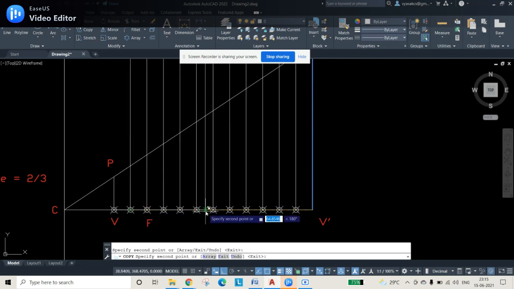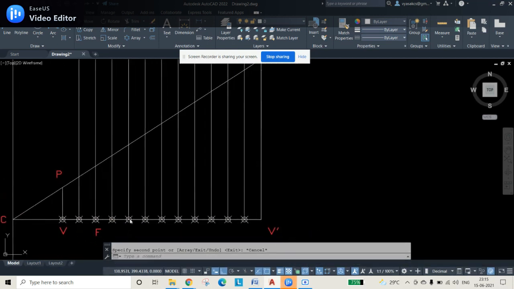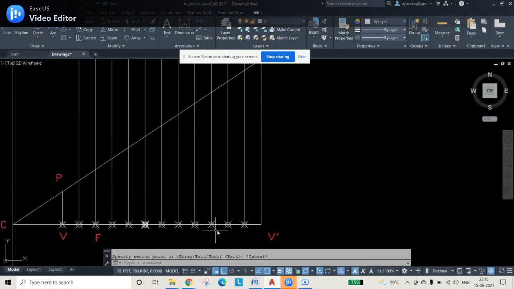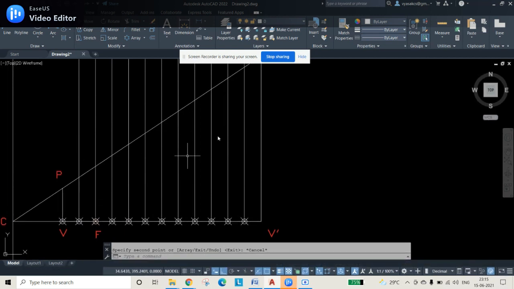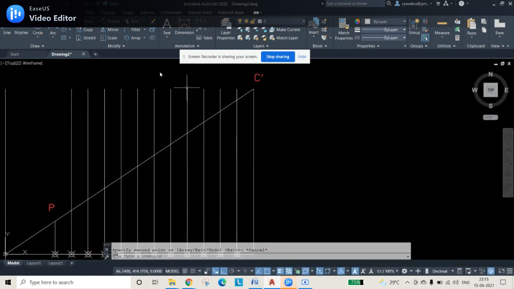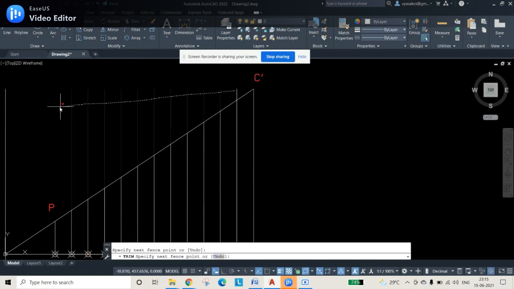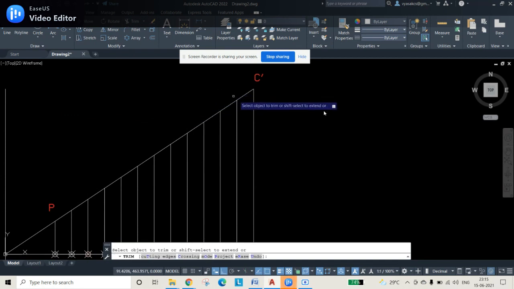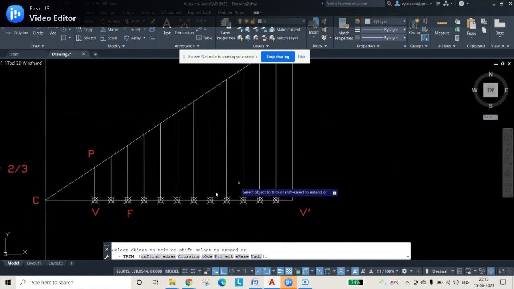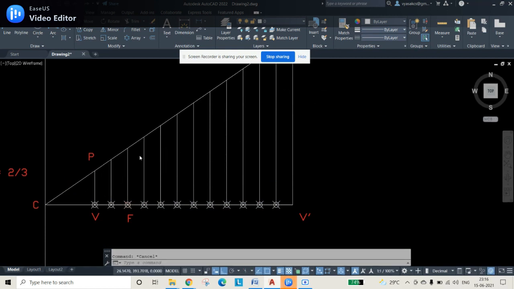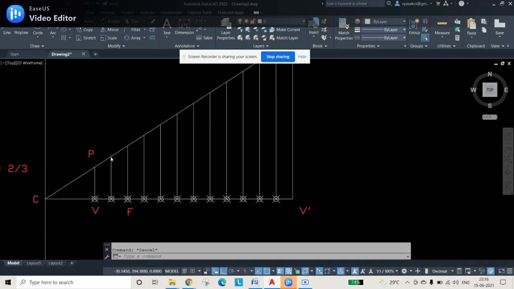We can give these points names also. They are something like 1, 2, 3, 4, 5, 6, 7, 8, 9, 10, 11, 12, 13, 14. And the upper parts, whatever the points on this CC dash line are, they will be called 1 dash, 2 dash, 3 dash, 4 dash. Now I don't want all these lines, so I am removing them. So the obtained points are named as 1, 2, 3, 4, 5, 6, 7, 8, 9, 10. And on this CP line, the extended CPC dash line, whatever points are obtained are called 1 dash, 2 dash.